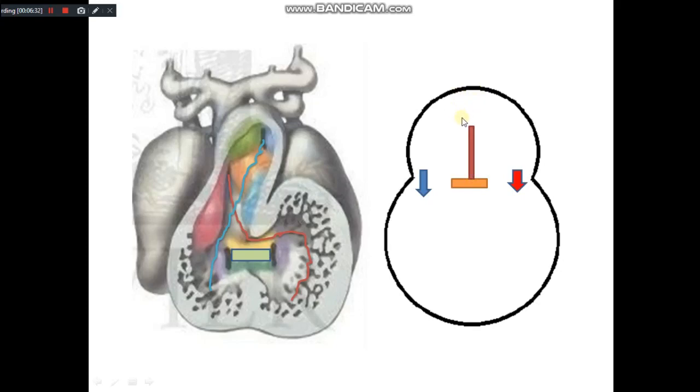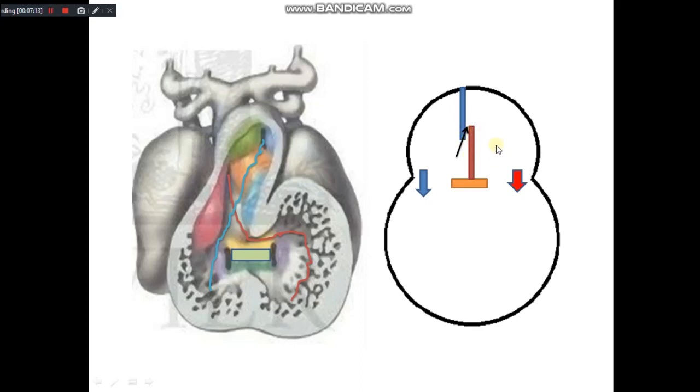Meanwhile, subsequently, another septum appears below, on the right of the septum primum. This is known as the septum secundum. So at this stage, we can say that the septal formation in the atria is almost complete, except for this opening between the septum secundum and septum primum, indicated by this black arrow. This is the foramen ovale, which allows blood flow from the right atrium to the left atrium, because the septum primum opens in one way, acting like a valve.